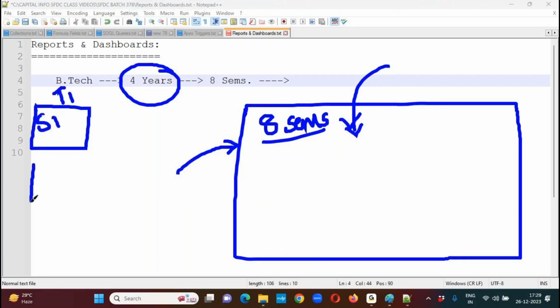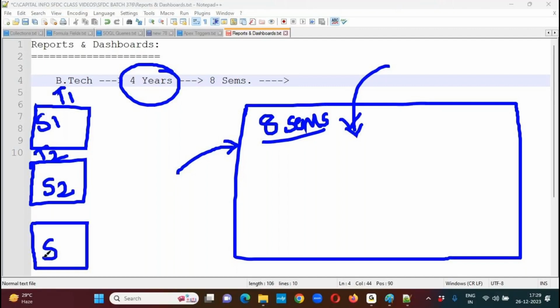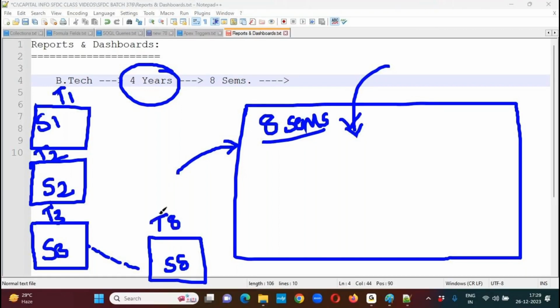To store the second semester marks, they're using table 2, the second table. To store the third semester marks and the subjects' information, they're using one more table, table 3. Like that, to store all 8 semesters' marks information, they're going to be using table 8. 8 tables are available. Table 1 contains the columns related to first semester details, first semester student roll numbers, their